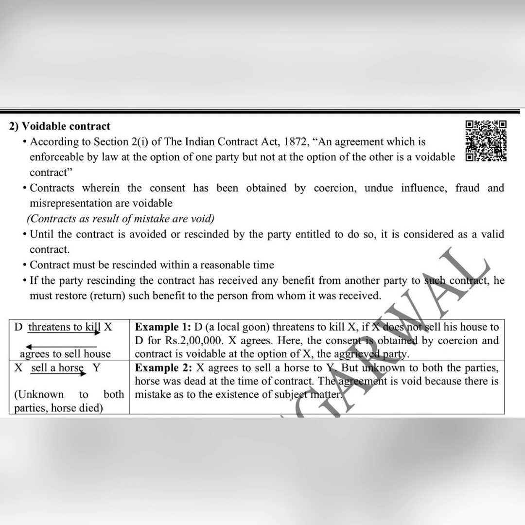So students, in today's session we discussed classification of contract on the basis of validity: void contract, voidable contract, and illegal agreement. In my next audio I will discuss classification according to enforceability and formation.